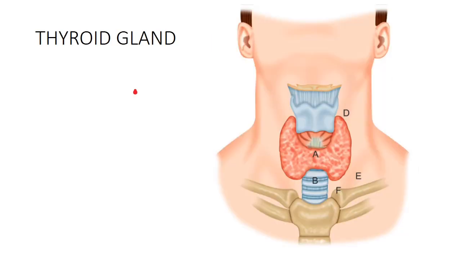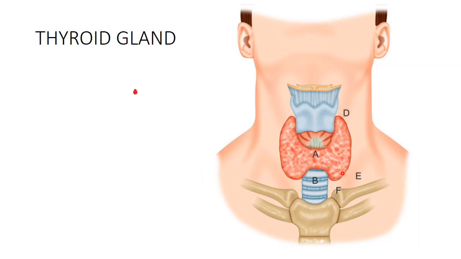Now we have this gland, that is the thyroid gland. So the thyroid gland has parts like the isthmus, and we have the lateral lobes, right? So the isthmus is marked by a line drawn 1 centimeter above the arch of the cricoid cartilage, right? Then another line is drawn 2 centimeter below the arch of the cricoid cartilage. So cricoid cartilage के 2 centimeter नीचे और 1 centimeter ऊपर हम एक line draw करेंगे. The space between the two lines is marked as the isthmus, right?